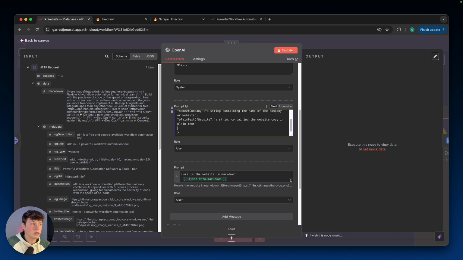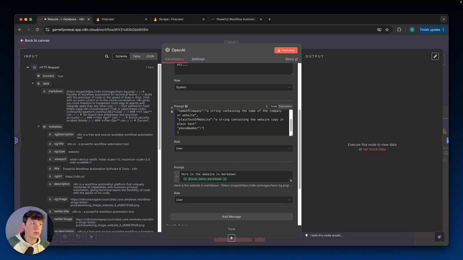To do this, if you want to add something below here, you're going to add the variable name, so what it's going to actually fill in. Let's say I wanted to add the phone number. I don't even know if they have a phone number on there, but I'm just using this as an example. So we're going to add the name of the variable we actually want. In my case, it's phone number, inside of quotations. Then we're going to add a colon and then give it a description as to what it actually is. This one's pretty self-explanatory, but I could just say